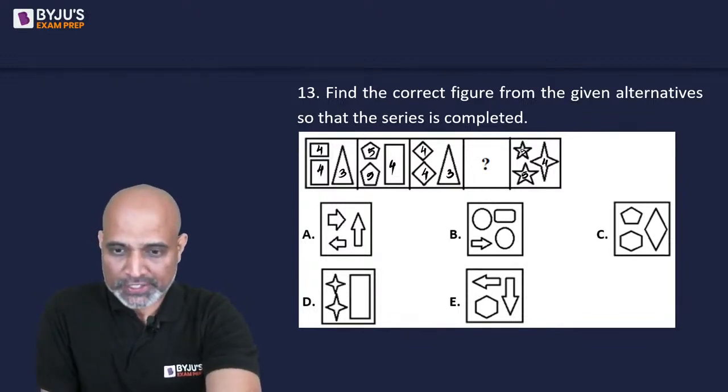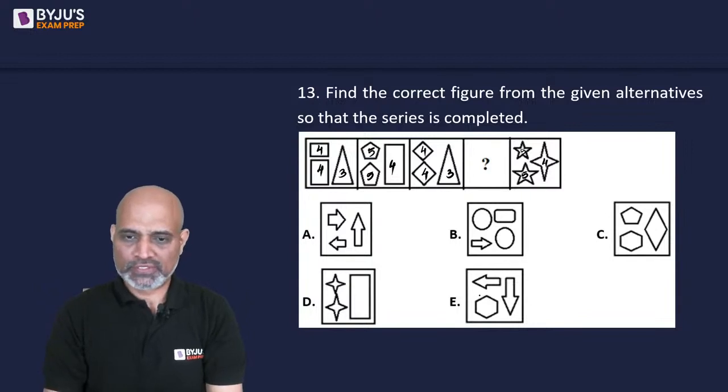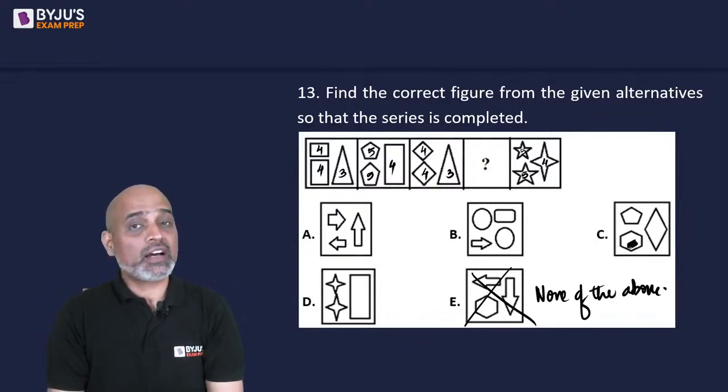Very weird. It should have been none of the above. E को हटा के none of the above कर देते, कोई option sense नहीं बनता. Okay. The thing is, if this figure would have been a regular pentagon or simply a pentagon, C would have